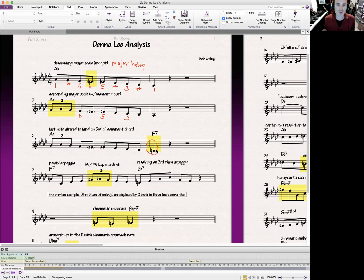Okay, because if we hadn't altered that to A natural and just kept it as A flat, then that would fit over a diatonic 6 chord, which would be F minor instead of F dominant 7. But in the case of this progression, it's F dominant 7. All right, so this next example, bar 7, is